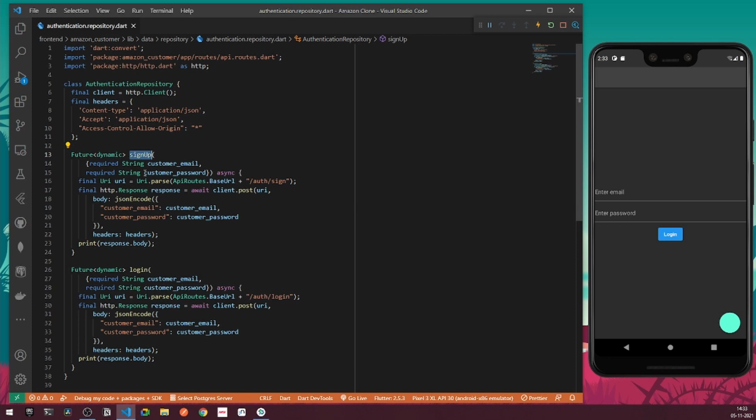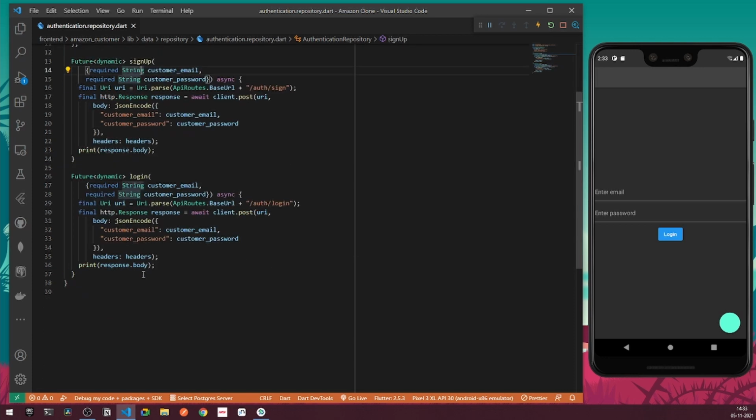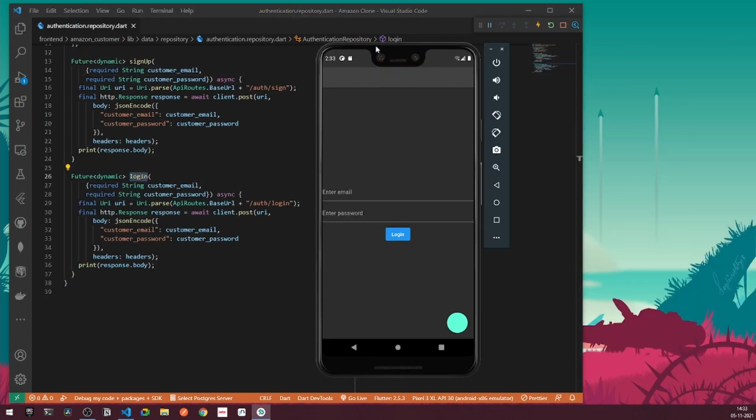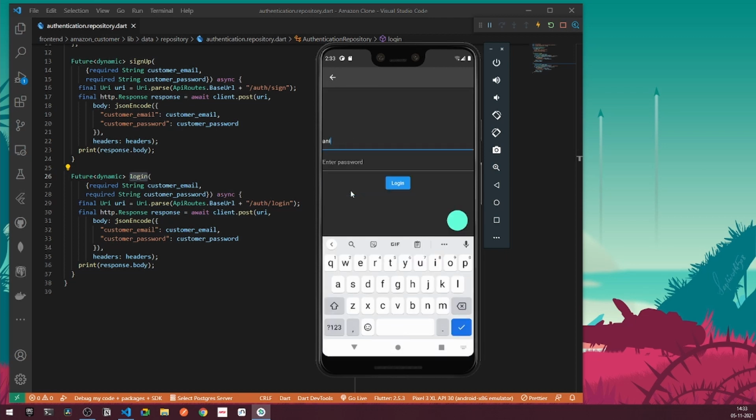Alright, so here you can see we have got two different methods for sign up and also login. So now once I try to log in under my application, let's create a new account. Alright, I remember I guess we have a previous account here for Aniket. And yeah, so we have aniket@gmail.com, and also we have his password, a very easy password to be guessed.